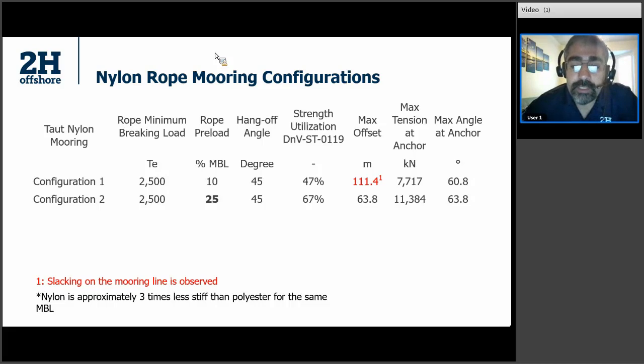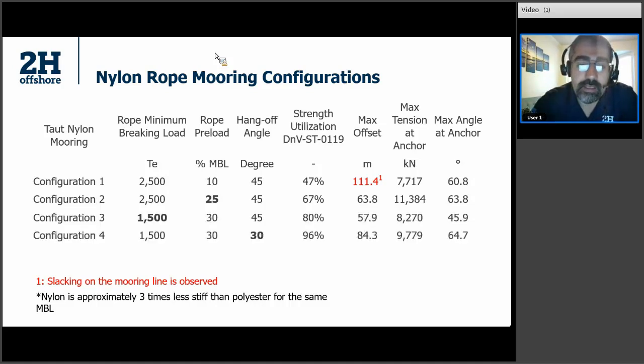With 25% preload, our utilization goes to 67%. So there's still margin in our strength utilization, so we can lower the MBL requirement and use a smaller nylon for our mooring configuration. And going with 1,500 ton nylon, looking at configuration 4 and 3, you can see with a higher hang-off angle,